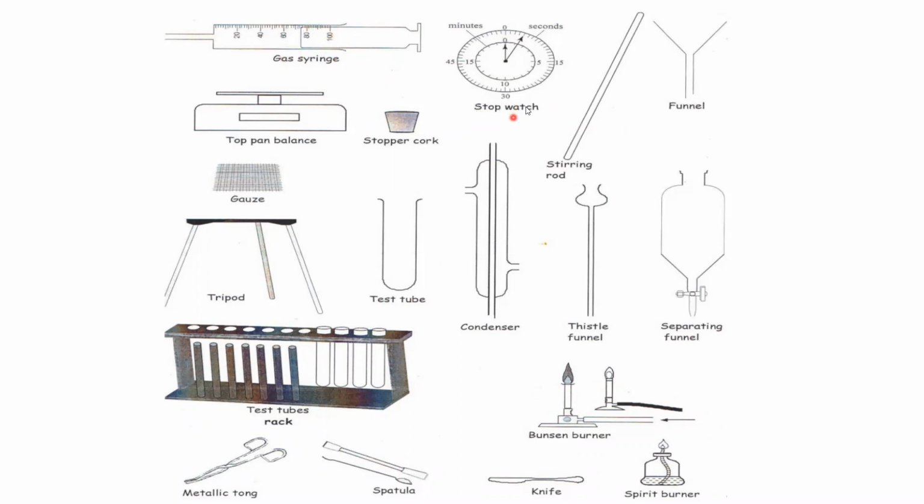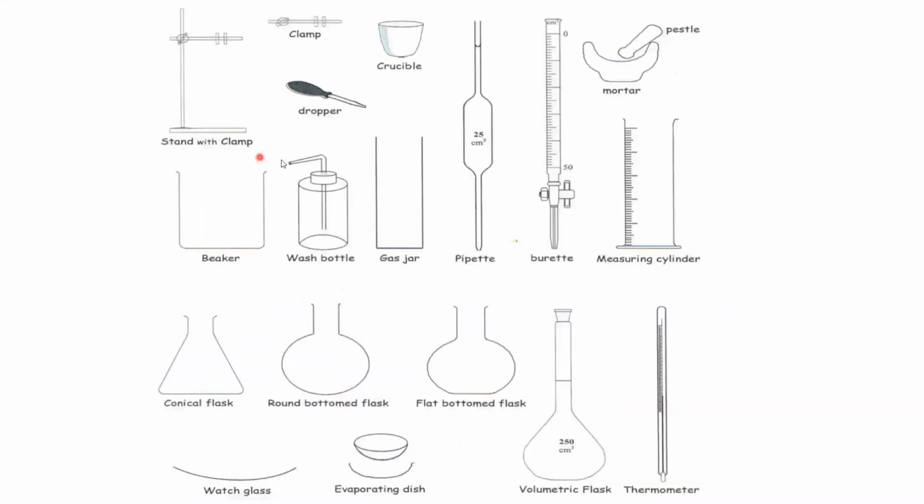This is a gas syringe, stopwatch, funnel, stirring rod, stopper, a top pan balance, a gauze, this is called a wire gauze, a tripod or a stand, a test tube, a condenser, crystal funnel, separating funnel, Bunsen burner, spirit burner, knife, spatula, metallic tong, test tube rack, stand with clamp, a dropper, a clamp is there, crucible, as you can see this is a crucible, mortar, pestle,